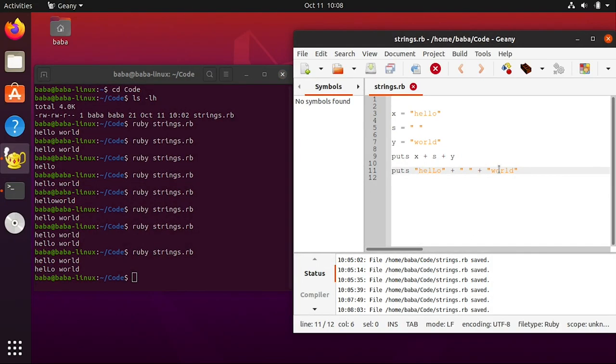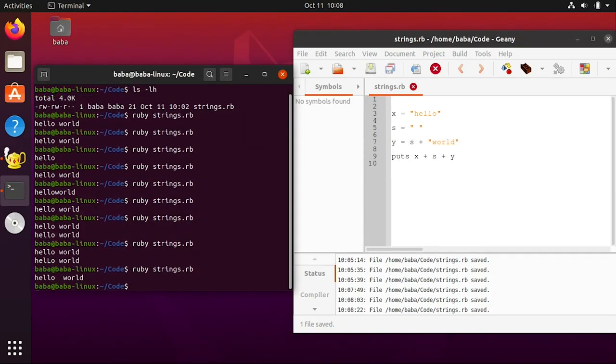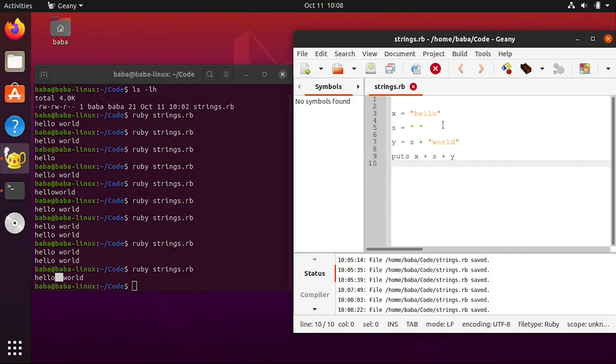Now, let's do something a little bit different. So let's delete this, and let's say that y is actually s plus world, and let's see what this does. And what it does is, if you realize, now there are 2 spaces here. You see it's a little bit larger than this one. This is only 1 space, now 2 spaces, of course,